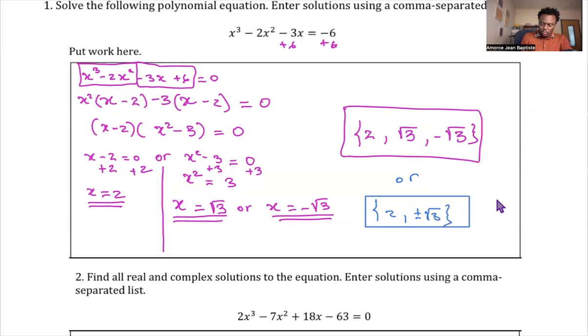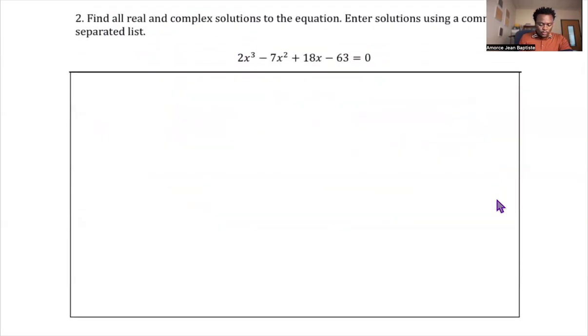Okay, so next problem. Solve the equation, and you can give your solutions in complex form too, by the way. Here we have all the equation on one side, so we can just group by 2 terms and then try to factor by grouping. That's my first group and the second group. And now let's try to factor the GCF from the first group. That's x squared. When we factor it out, that's going to be 2x minus 7. And the second group, the GCF will be 9, plus 9